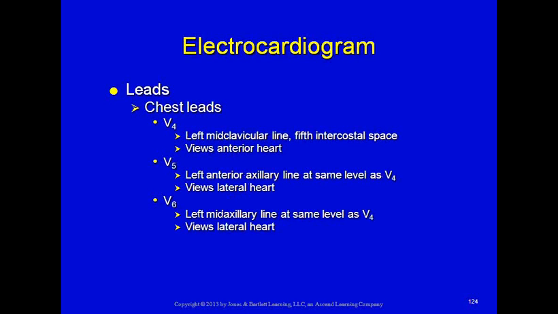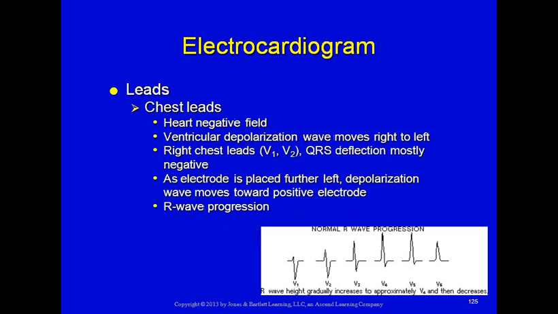V4 is the midclavicular line, fifth intercostal space, and it looks at the anterior portion of the left ventricle. V5 is left anterior axillary line at the same level as V4, and it looks at the lateral portion of the heart, as does V6. It's in the left mid-axillary line at the same level of V4, and again it looks at the lateral portion of the heart. Because of the way that these leads are situated on the chest, going from left to right,